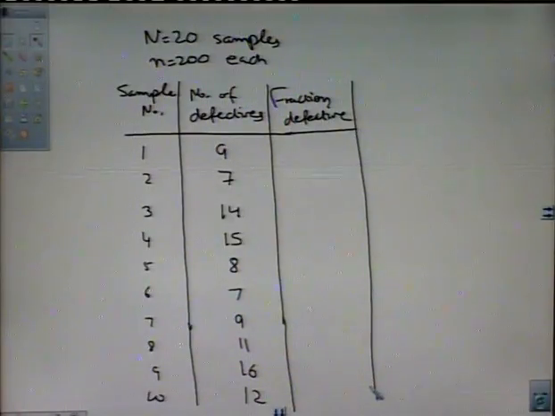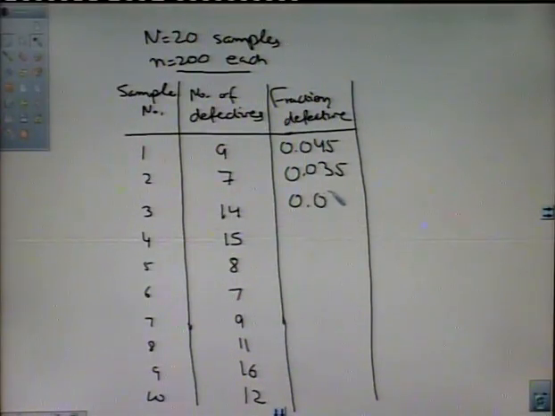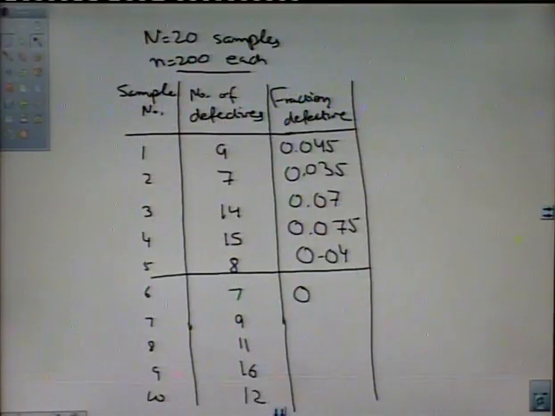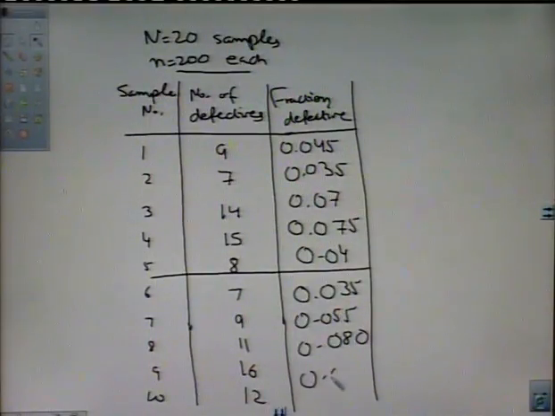Then since the sample size is 200, the fraction defective in the first sample will be 0.045, then it will be 0.035, then it is 0.07, then it is 0.075, then it is 0.04, then it is 0.035, then it is 0.055, then it is 0.080, then it is 0.060,